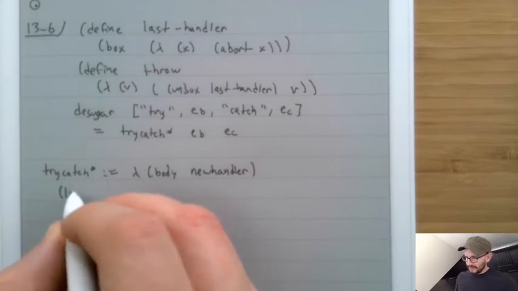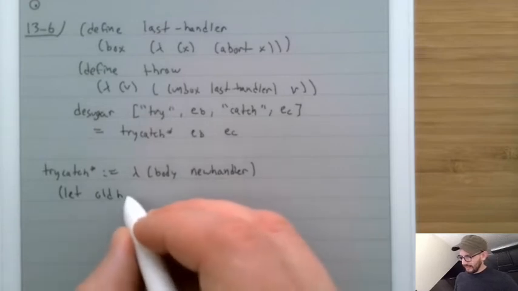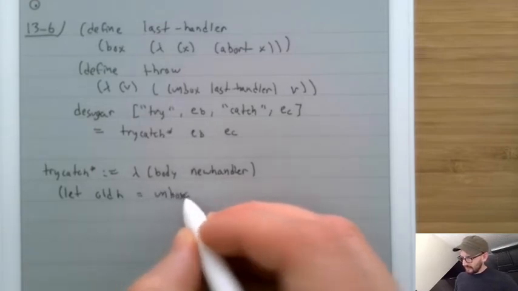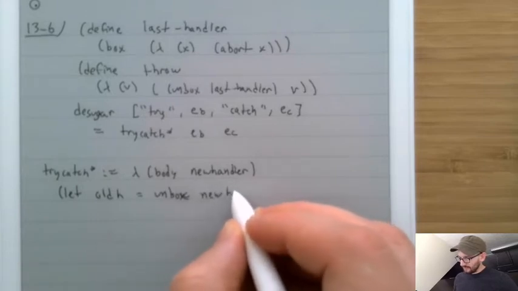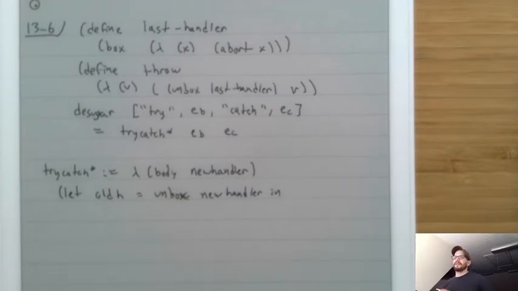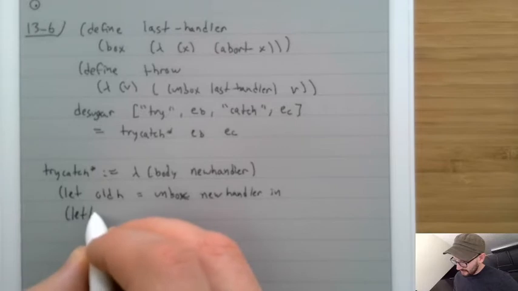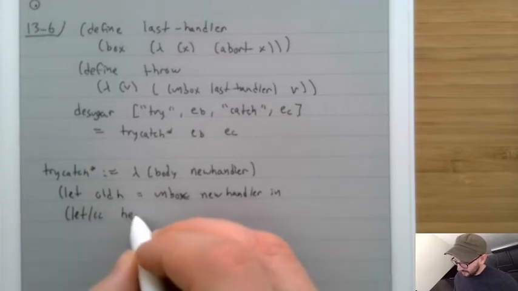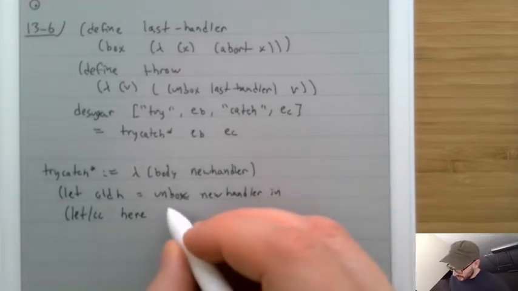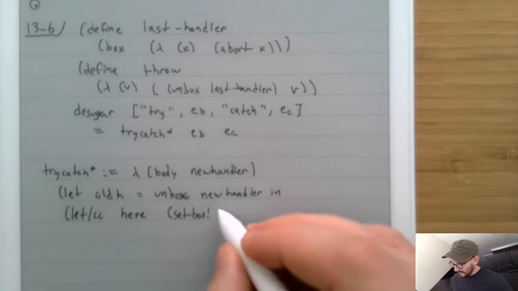So it says let old h, that's for old handler, equal unbox of the last handler. Okay, so that's step one. Then we're going to do let cc, and we're going to call this here, so we can come back here. Then we're going to set box the last handler